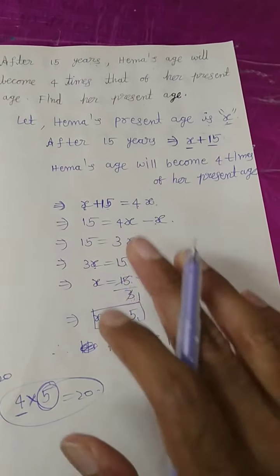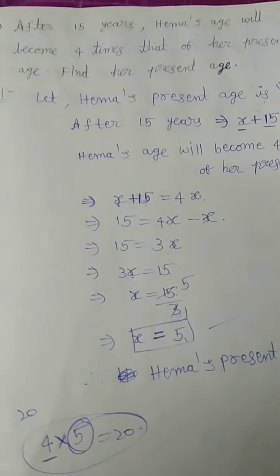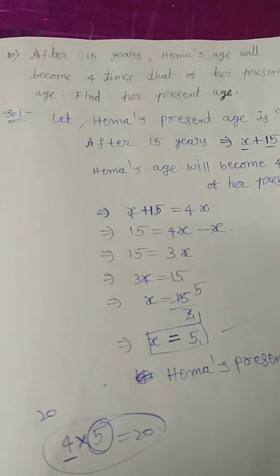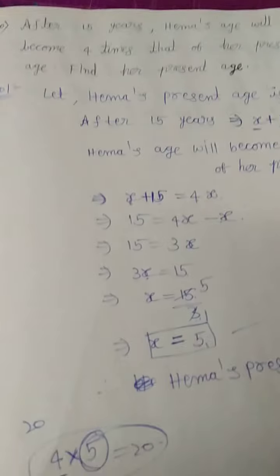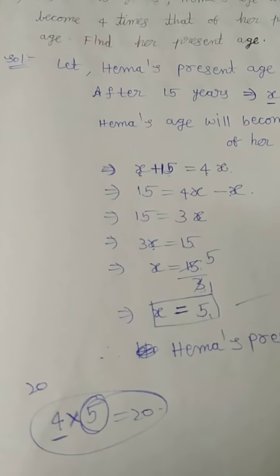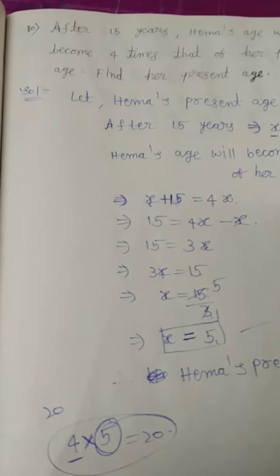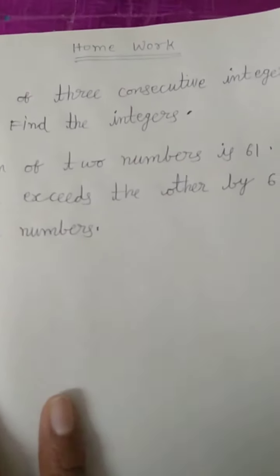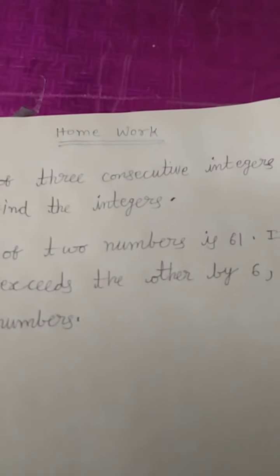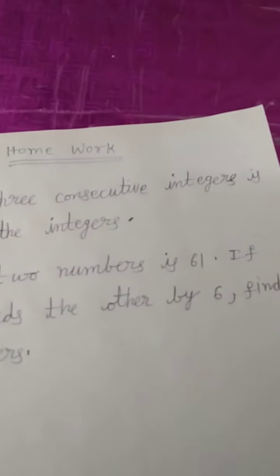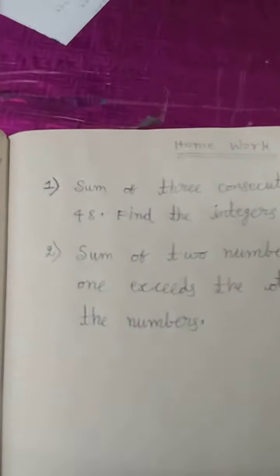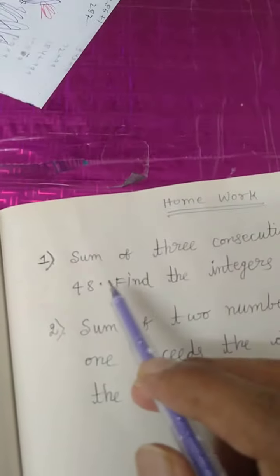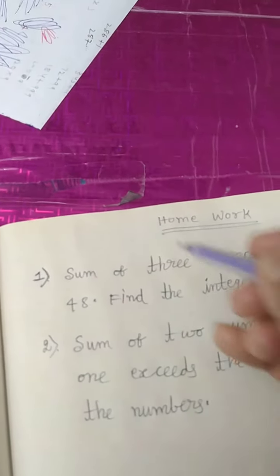I think you have understood up to here. So in the next class we shall go on with some more interesting problems. Till then please do some homework from your textbook. Some own problems I am giving to you, so please do them as homework. Very easy only, children. 2 problems I am giving. So see the first one, children. From this exercise 3 own problems.